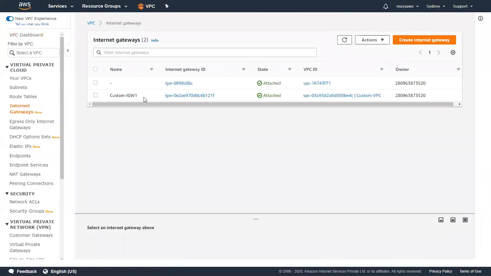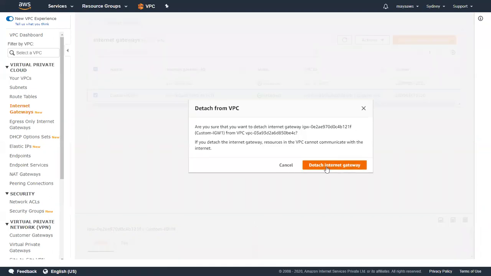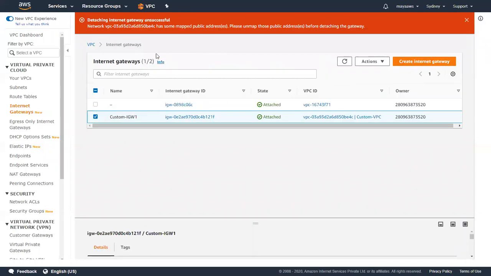Internet gateway. One of my EC2 machines is already using the internet gateway services. So I'm going to detach from VPC. It is giving an error: please unmap those public addresses before detaching the internet gateway. Okay.